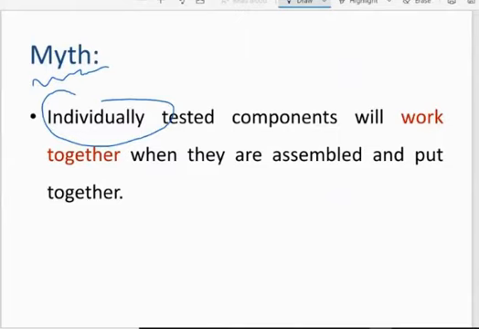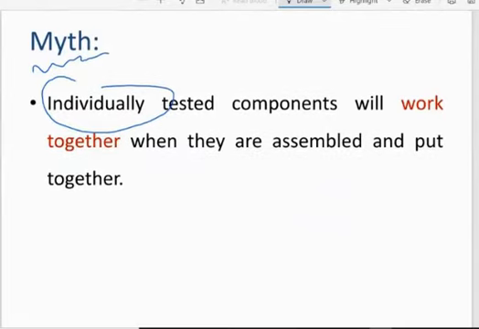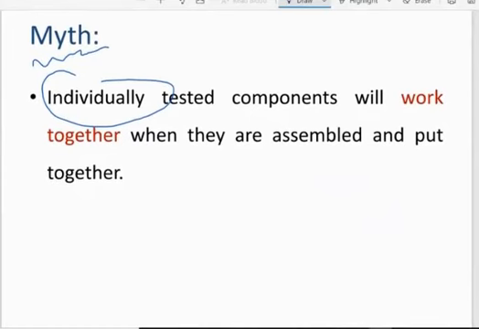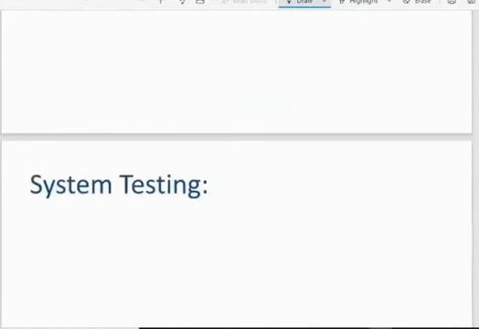Even in your small projects, in any subject, you get some projects. Let's say there is a group of 4 people in a particular project, and all those 4 people are working separately, and they came up with 4 components, and now you are trying to integrate them and it will work fine. That's not possible. There will be some or the other issues, right? So it is a myth that if all the individual components are working fine, then post integrating those components, the entire product will be fine.